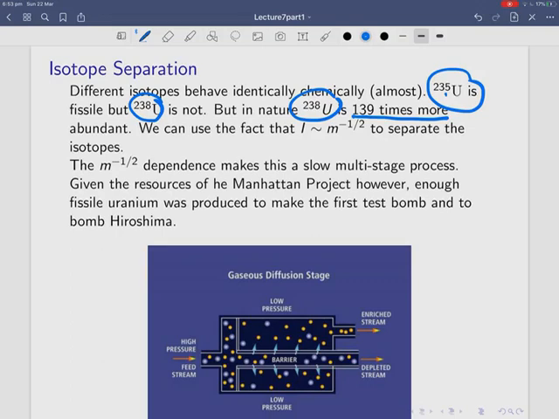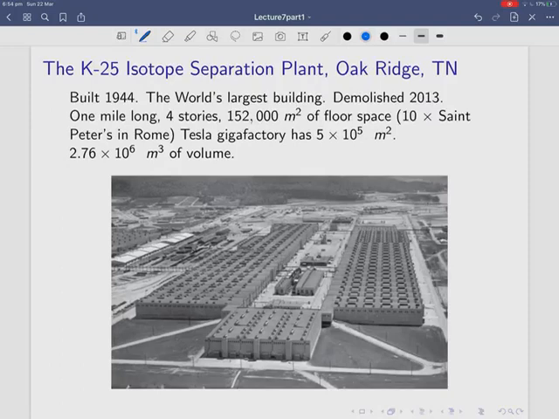So what they did was they used this m to the minus a half dependence to make the first atomic bomb. The way it works is very simple. You've got a feed of gas, uranium hexafluoride gas, coming through here, and you've got little holes in the side of the tube, and through those little holes outflows the isotope you want, slightly enriched because it goes as m to the minus a half. Okay. So, to do that, they needed to build an enormous isotope separation building in Tennessee in